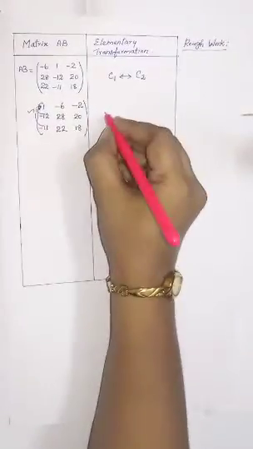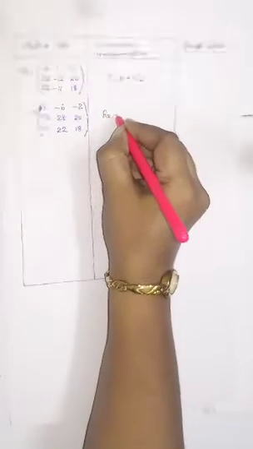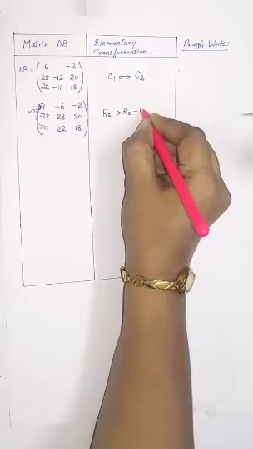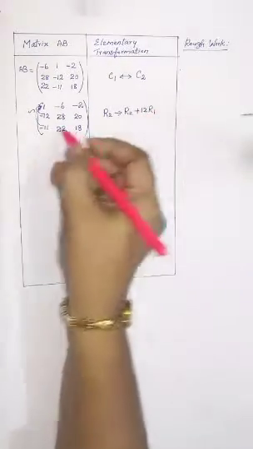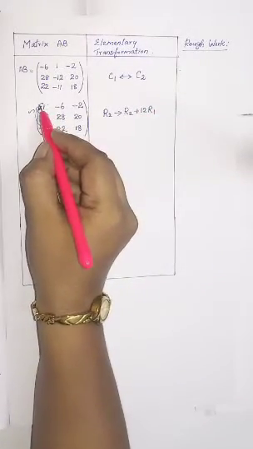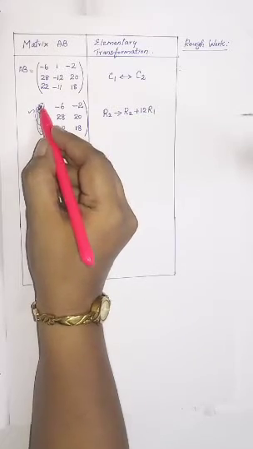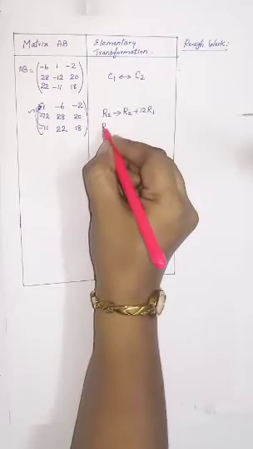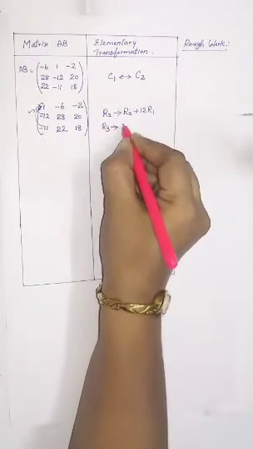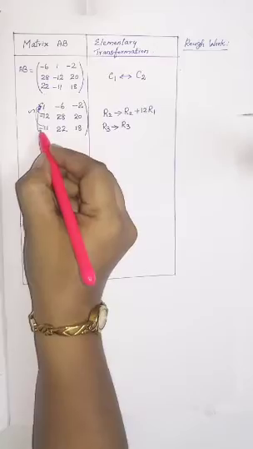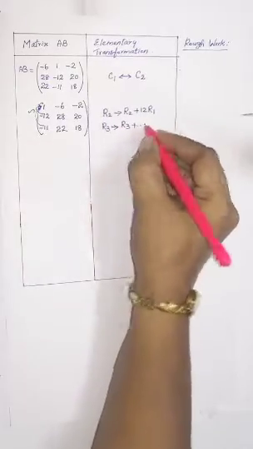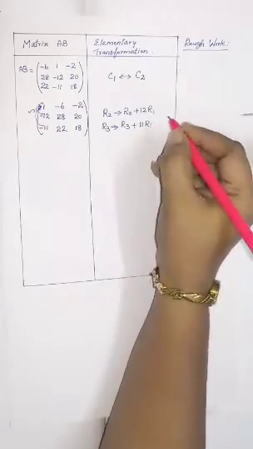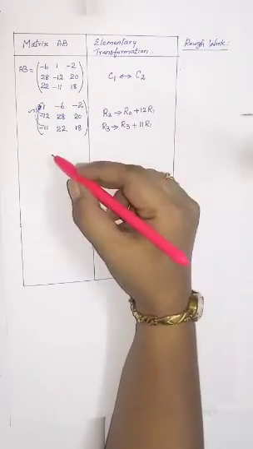Now row 2 we'll have to change. That is, row 2 gives row 2 plus 12R1, because already minus is there. So if you put again minus, you'll not get the number over there. So plus should be there, then only you can subtract and get 0 over there. Same way R3, since minus is there, we'll have to give plus 11, you'll have to multiply, okay. So 11 R1. So we'll just do this in rough column and get back the answer, okay.